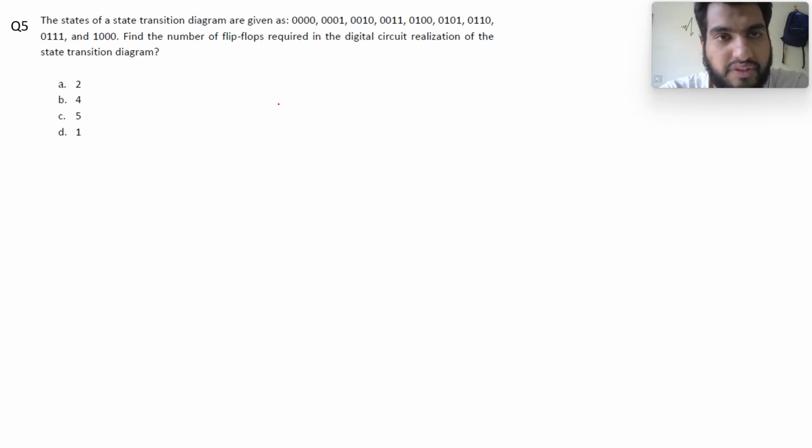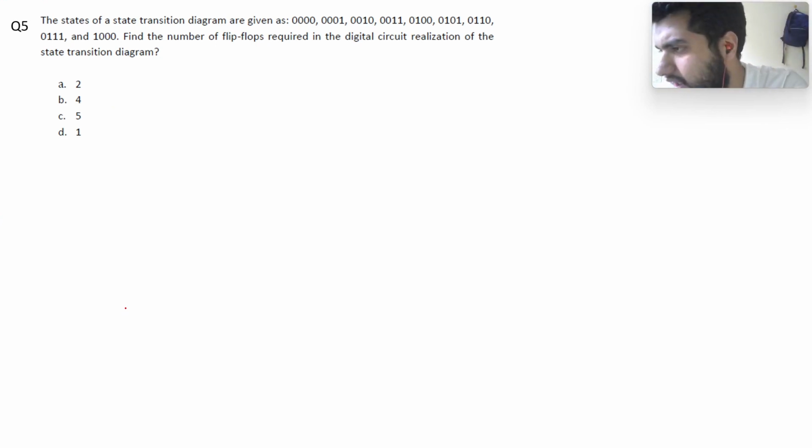Now the question asks us to find the number of flip-flops required in the digital circuit realization of the state transition diagram. So we have this state transition diagram that has some number of states, and we need to find out the minimum number of flip-flops required to implement it digitally. As you saw earlier in question number 3,